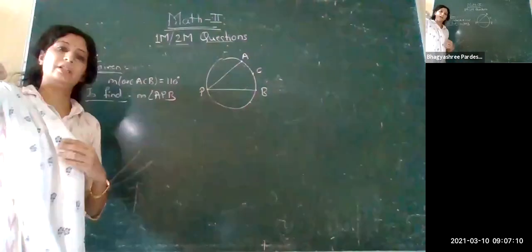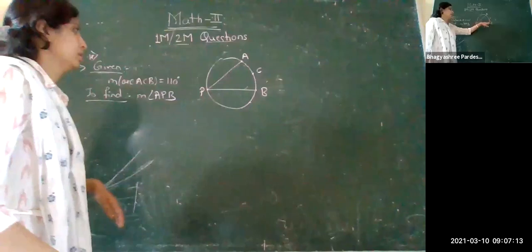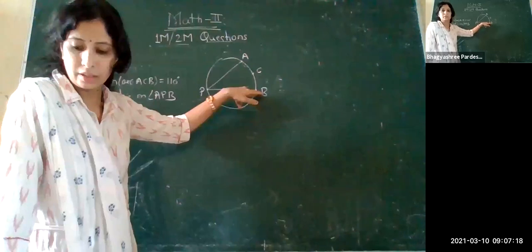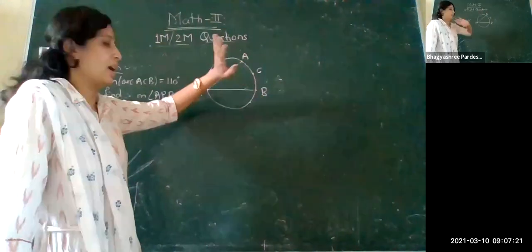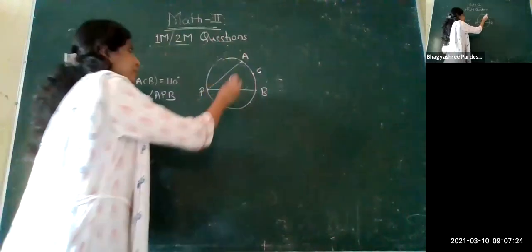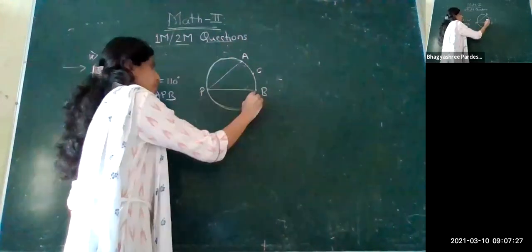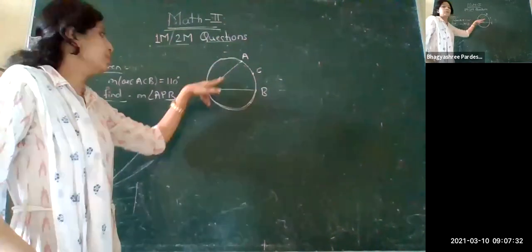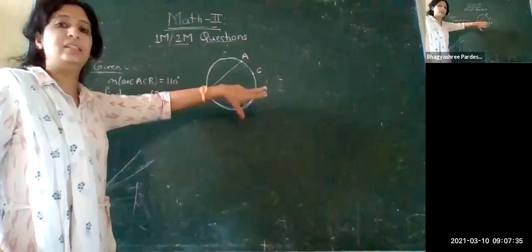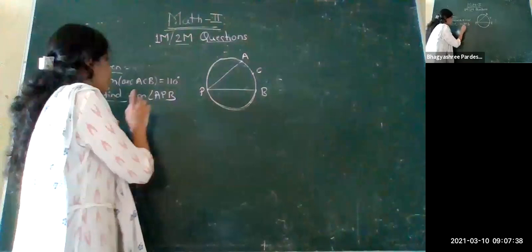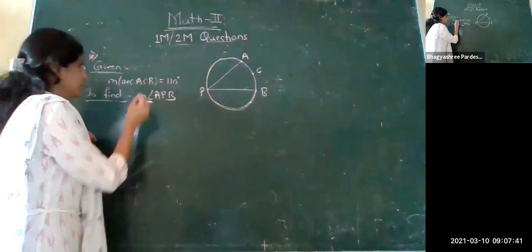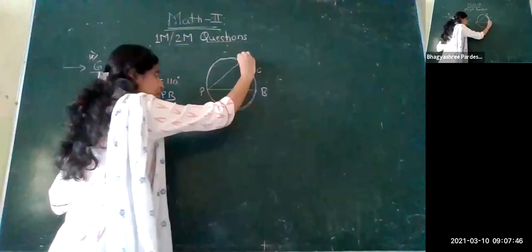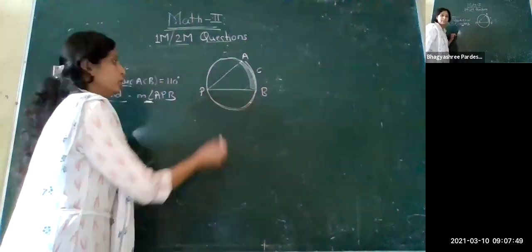Can you tell me the reason for that? This arc is given to you, that is equal to 110 degrees. What you are telling me is the answer for the major arc APB. We have not asked the measure of the arc. We have asked the measurement of angle APB. So these are the very silly mistakes, students, which you make in your exam also. What is asked of you? We are asked the angle. We have not been asked to find the arc here. We are given the measurement of this arc. We are to find the measure of this angle.